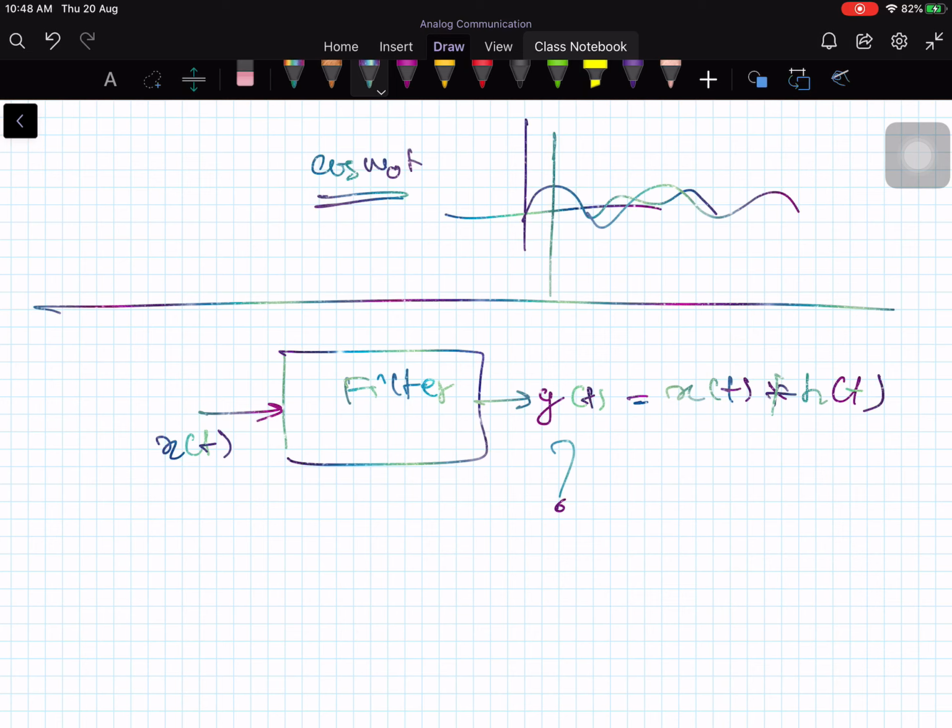Now we know how to find that. In our review of signals and systems in the previous lectures, we learnt that the output is the convolution of the input signal and the impulse response. Now the question arises, what is the h of t for this filter? We need to find what is the h of t so that I will get a phase shift of minus pi by 2 for all frequencies. If I know h of t, then I can do the convolution and I am able to find out y of t. Therefore, I need to find out what is h of t for this Hilbert transform filter.